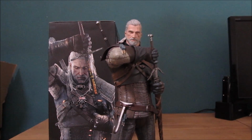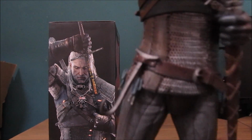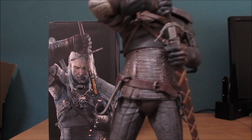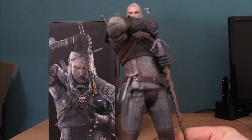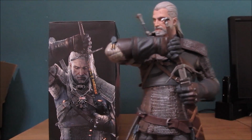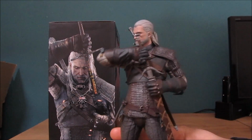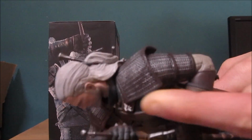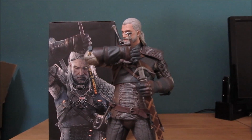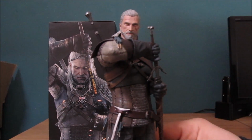The expressions, he does look like Geralt. He does have the body stance of Geralt. He does have the weapons as well as the chainmail. It actually is quite well done. So yeah, this is a well designed image of Geralt. He gets his scar correct, the actual mouth is correct. The pendant, if I can just zoom in on this pendant here, looks nothing like the pendant does on the actual side of the box. It's right there, and it looks nothing like it. It just looks like a silver blob, really. But yeah, his expression is quite well done. The yellow eyes,